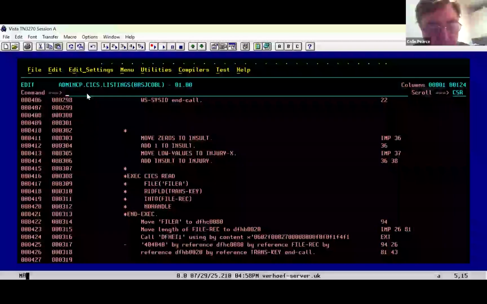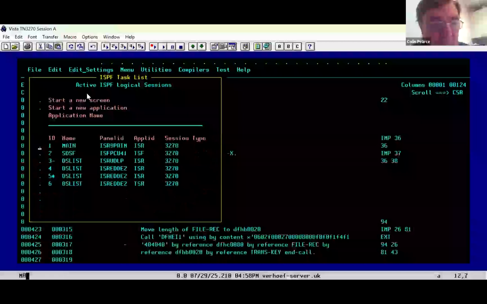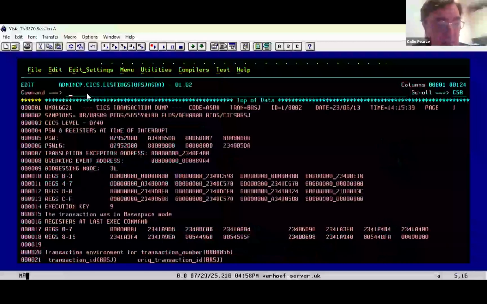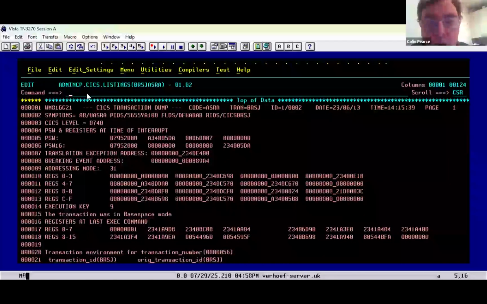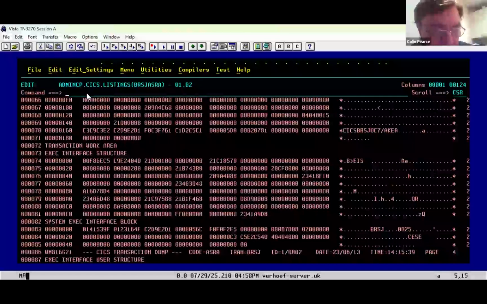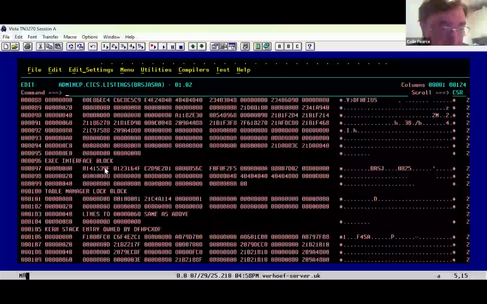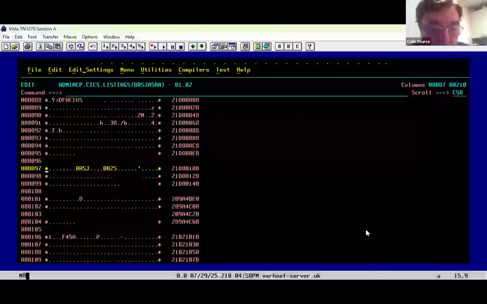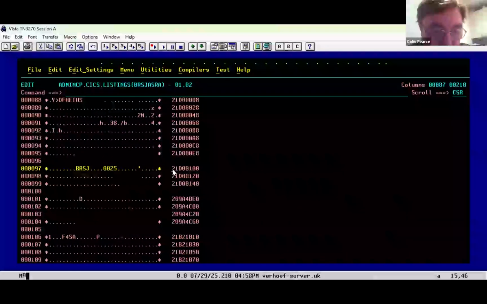Okay, so let's go back to our dump. Okay, let me know if you can't see my screen. I'm hoping that this Zoom will follow me wherever I go. Okay, so let's move forward. Okay, and I want to come down here, and I want you to look at the exec interface block. We're going to go to the right-hand side here. And if you've got a pen and paper, that'll help. I want you to write down this address,